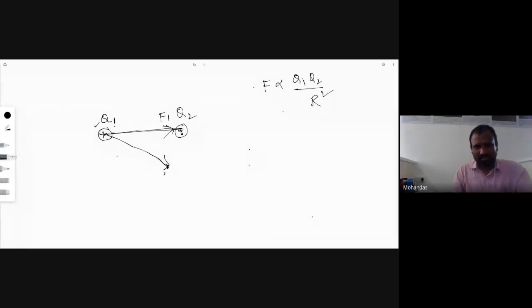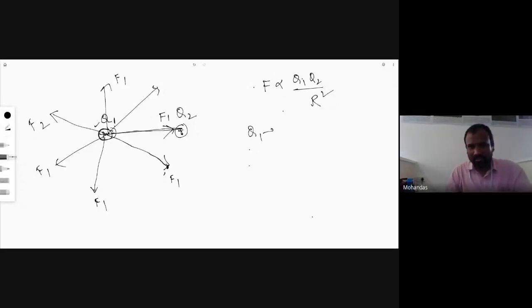If we keep on moving the same charge around Q1, there are forces F1, F1, F1, F1, where Q2 is the movable charge. What I am trying to say is that Q1 is the charge which is at rest, so around the charge there are some